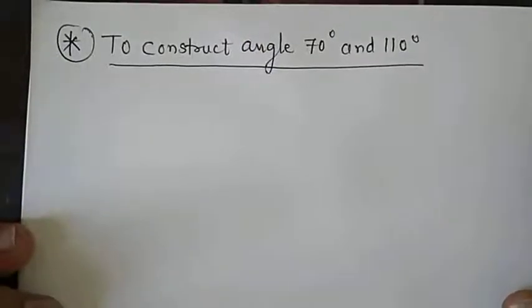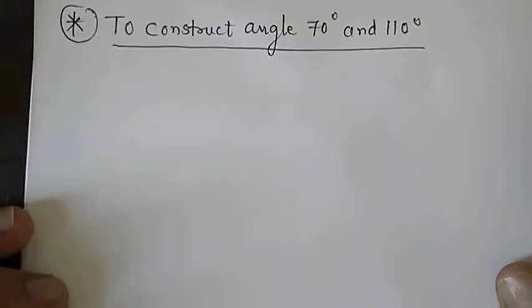Here, we are going to learn today about the construction of angles 70 degree and 110 degree. In the previous lecture, we have learned how to construct 20 degree, 40 degree, 50 degree, 80 degree, 100 degree, and many more in the other lectures. Now here in this video, you are going to learn about 70 degree and 110 degree. So first of all, we will see that with the help of compasses and scale,